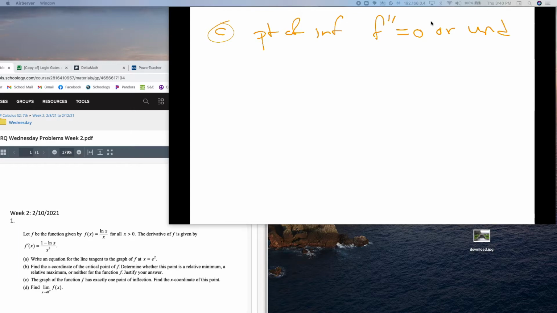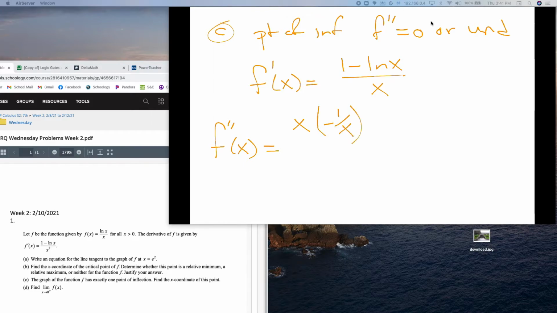So we need a second derivative. If the first derivative is equal to 1 minus the natural log of x divided by x, we're being tested on whether or not we can go through and figure out a second derivative on this. So we're wondering, can the students come up with the quotient rule? The low times the derivative of the top. Remember, the derivative of the natural log of x is 1 over x, minus the top times the derivative of the bottom,